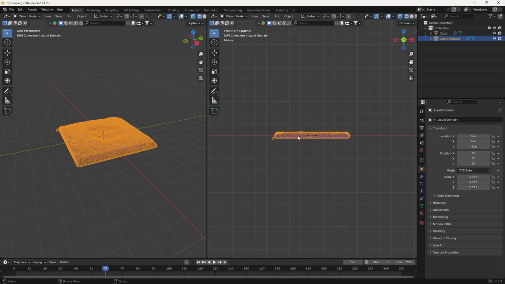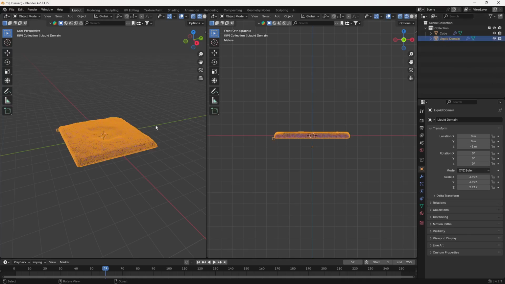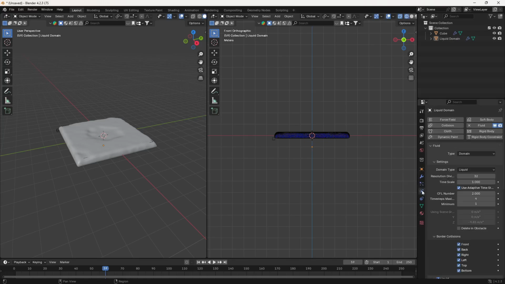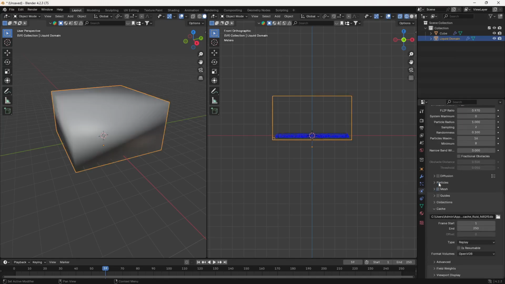Now we are seeing the mesh and the particles both here. I don't want to see both things here, so I'm going to switch this. Let's go in the liquid domain here. I'm going to press the Z key and just make sure we are in the solid mode so you can see here as well. Let's go to our Physics here, click on the liquid domain, and we are going to do certain things here. Let's scroll downwards and turn off this mesh right now.